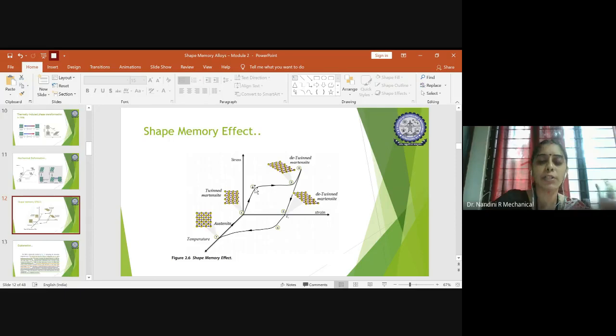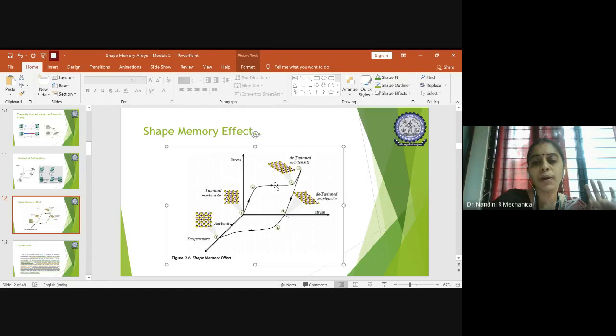So you have to retain some amount of constant temperature. Suppose it is at room temperature here, you will increase the temperature to either 90 or 100 degrees Celsius. Due to the increase in temperature, the stress goes on increasing. Once it is 100 degrees Celsius, you will not increase above it. You will just maintain that temperature for some period of time. So there will be consistency in the value of the stress. The stress will not increase. But at this point, you can observe due to the heat treatment, some changes occur within the material and it evaluates the amount of strain induced within the given shape memory alloy.